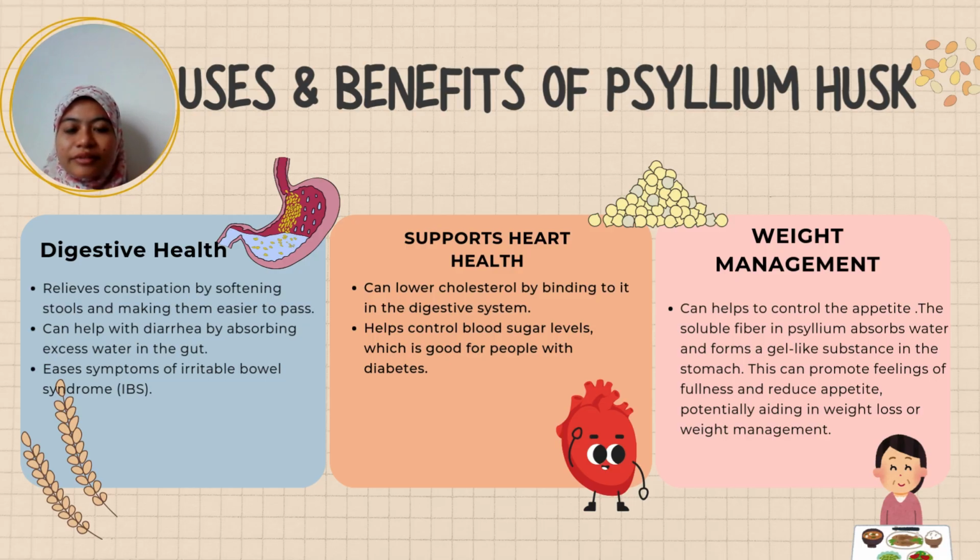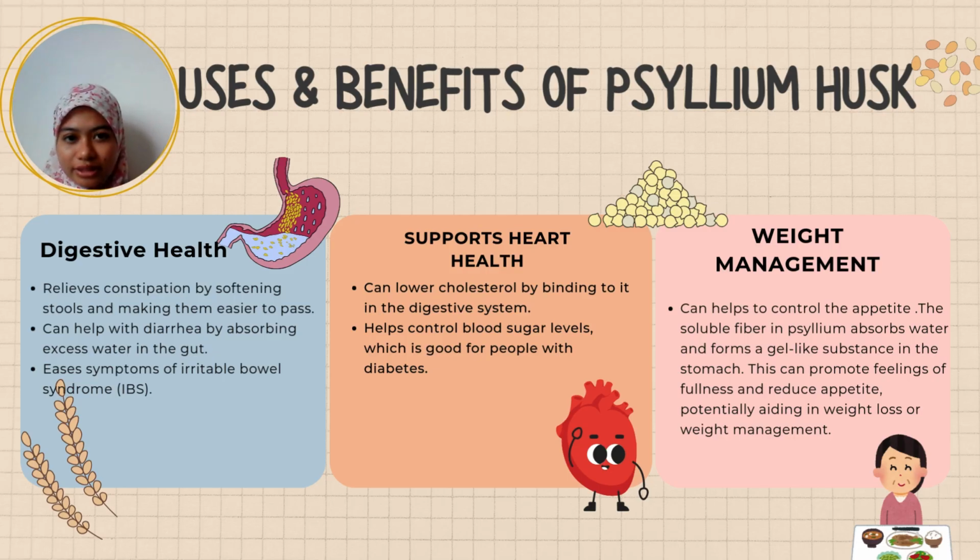The second benefit and use of Psyllium Husk is that it can support heart health. Psyllium Husk has been shown to help lower LDL cholesterol, which is known as bad cholesterol, by binding to it in the digestive tract and preventing its absorption. It can contribute to better heart health and a reduced risk of cardiovascular disease. Psyllium Husk also can help regulate blood sugar level by slowing the digestion of carbohydrates, which may be beneficial for